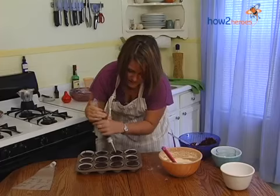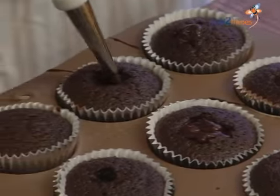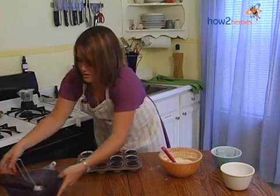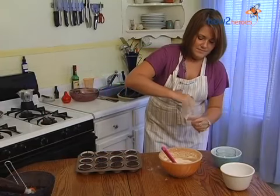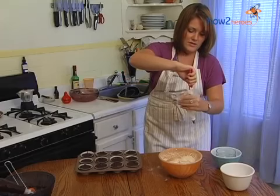And it's nice if the cupcakes are a little bit undercooked because it makes them nice and gooey and delicious. Put that to the side. And you're going to frost the top of them with the Bailey's icing. So you're going to fill your bag up. I like to use a regular smooth tipped